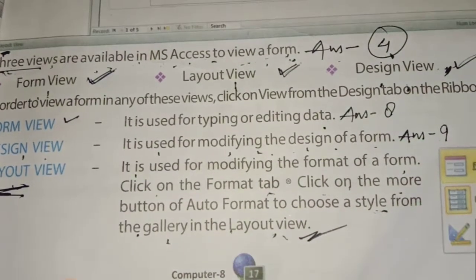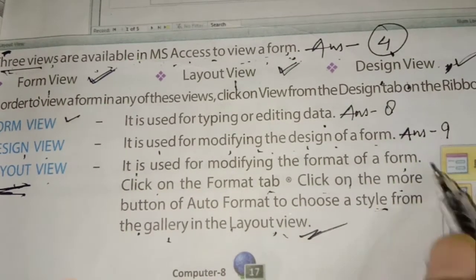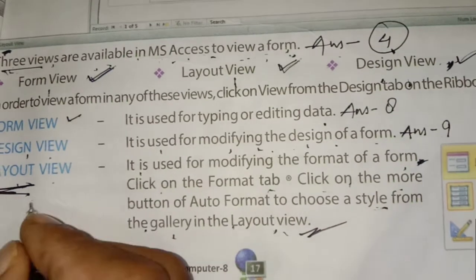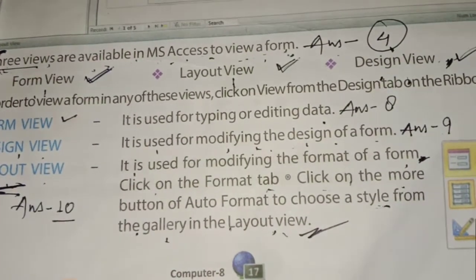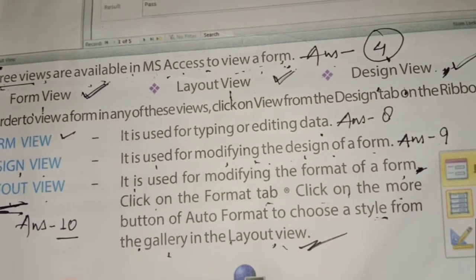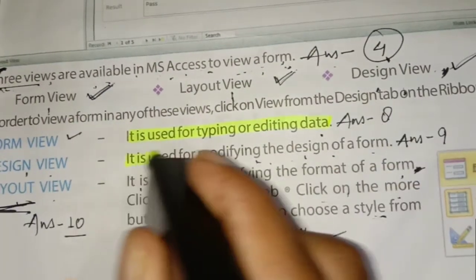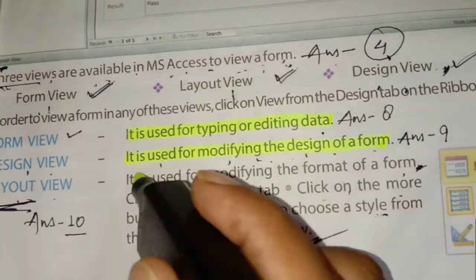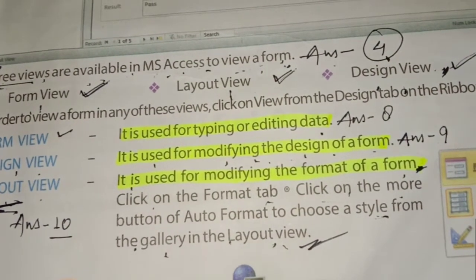Answer 9. And layout view is used for modifying the format of a form. This is your answer 10. Form view is for data, design view is for the design of a form, and layout view is for modifying the format of a form. Answer number 10.